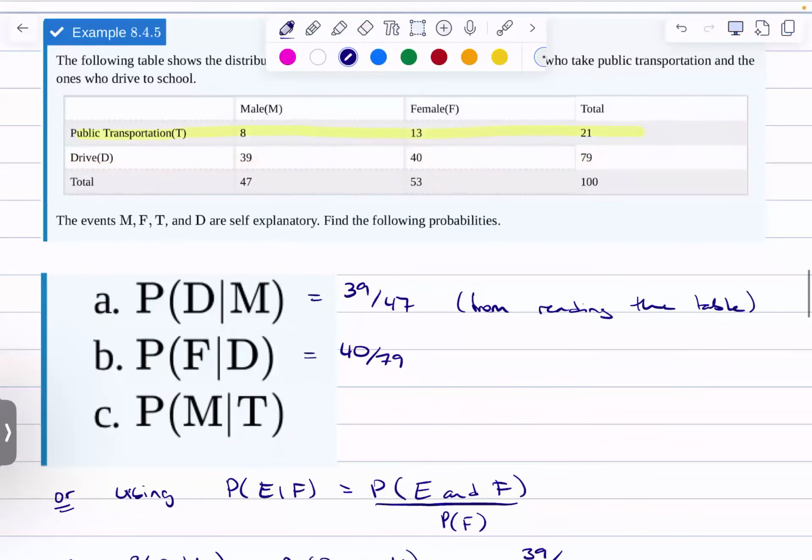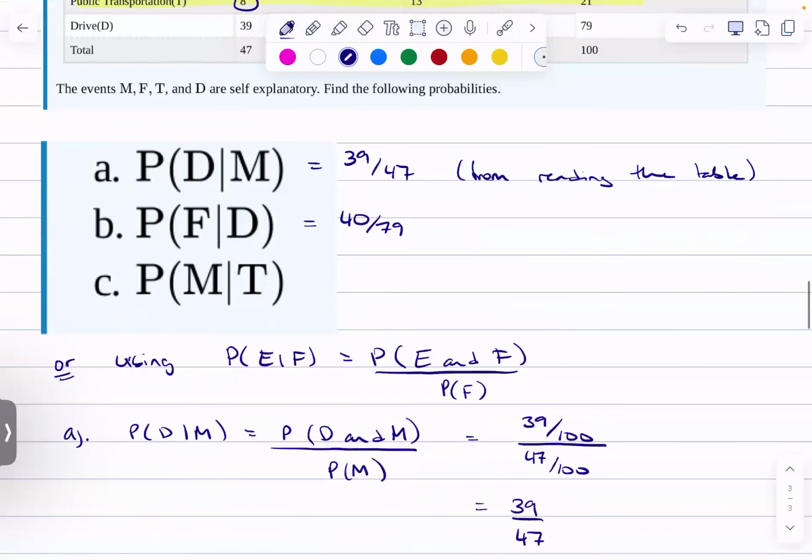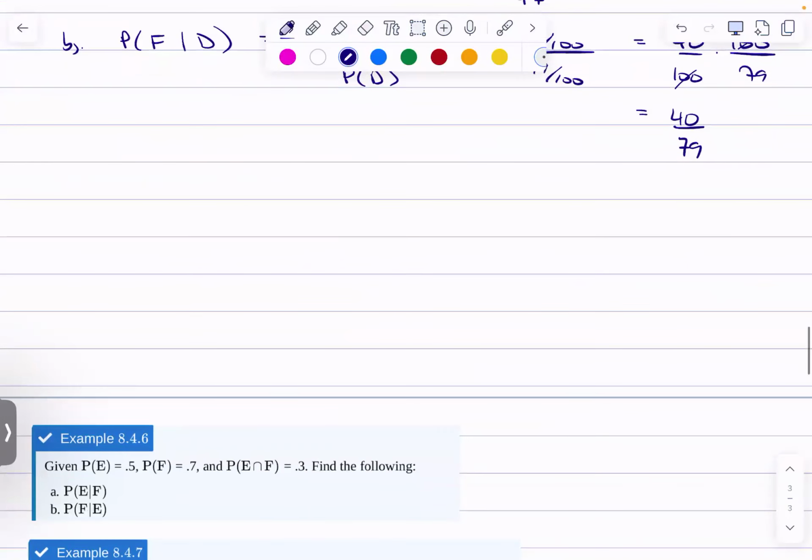Then the probability that they're male is 8 out of those 21. Or, if you prefer,